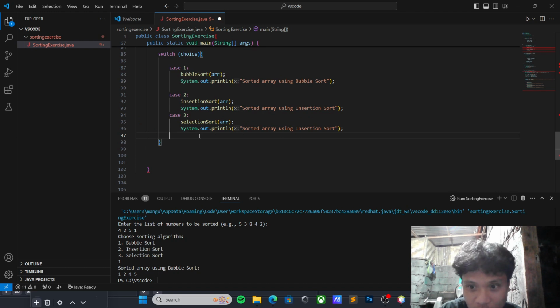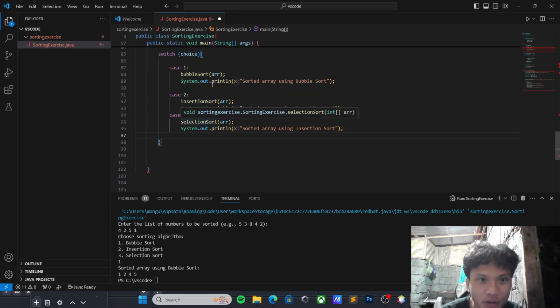Now that we have a switch case statement, it is used to call the appropriate sorting method based on the user's choice. The bubble sort is this one, and the insertion and selection are called to sort the array. A message indicating which algorithm was used is printed.